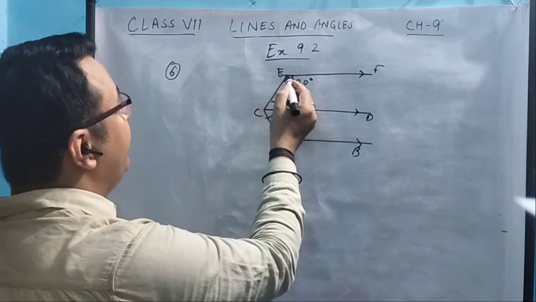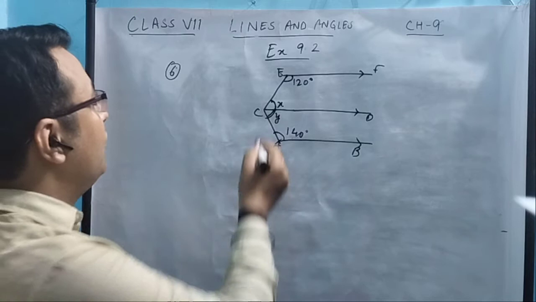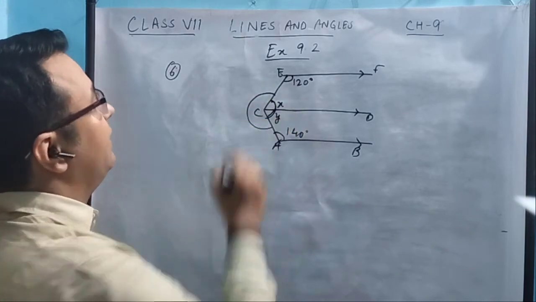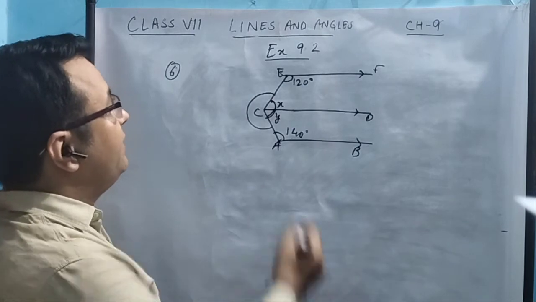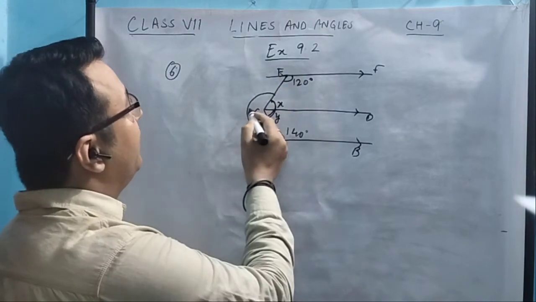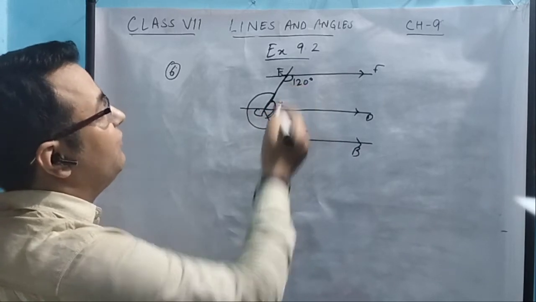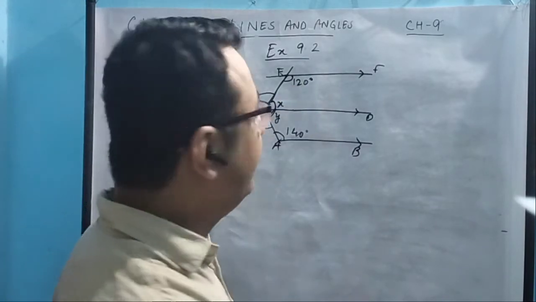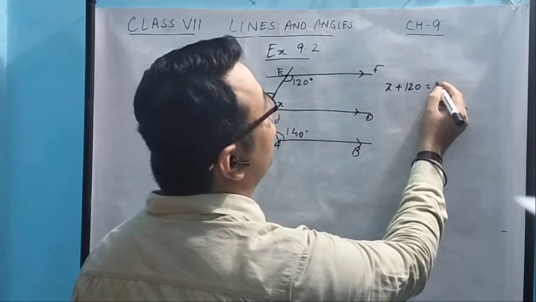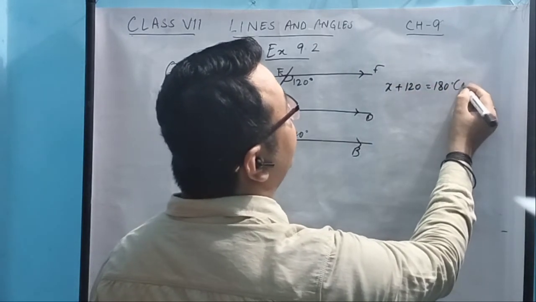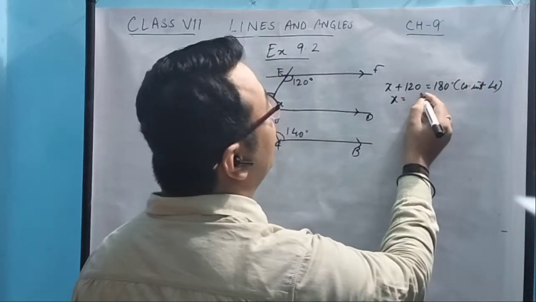Angle ECA is this angle combined of X plus Y. So reflex angle of ECA will be this angle. Okay. So let us see how to find. As you can see, if we consider these two parallel lines and this as the transversal, then X and 120 are co-interior angles. So can we write like this? Sum of X and 120 should be equal to 180. Reason being co-interior angles. From here X will be equal to 60 degree.